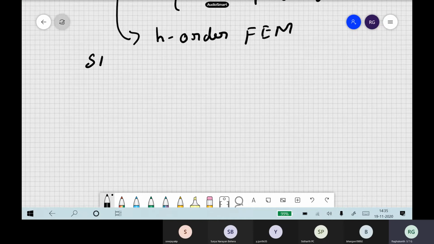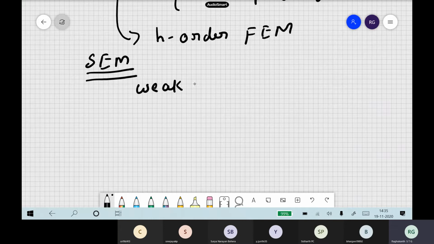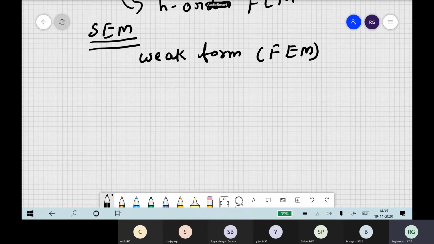Its starting point is the weak form equations only. So everything is the same as FEM, exactly the same as the finite element method itself. But the most important thing, what was the difference we observed last class compared to finite elements? What are some new things which we do here, which we don't do in FEM? And what are some advantages we also discussed?